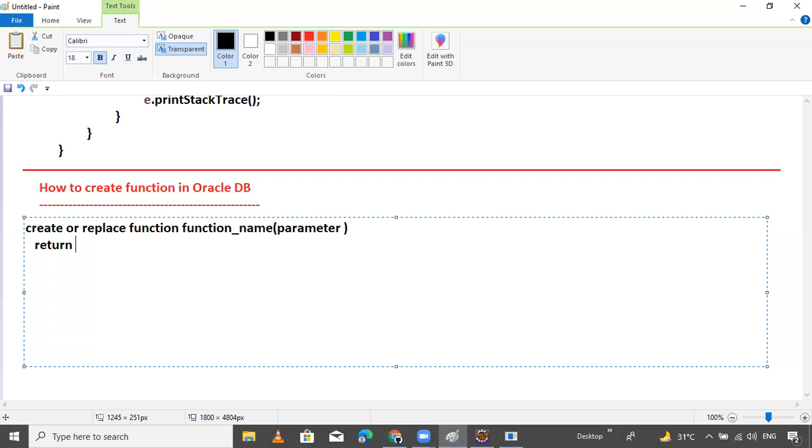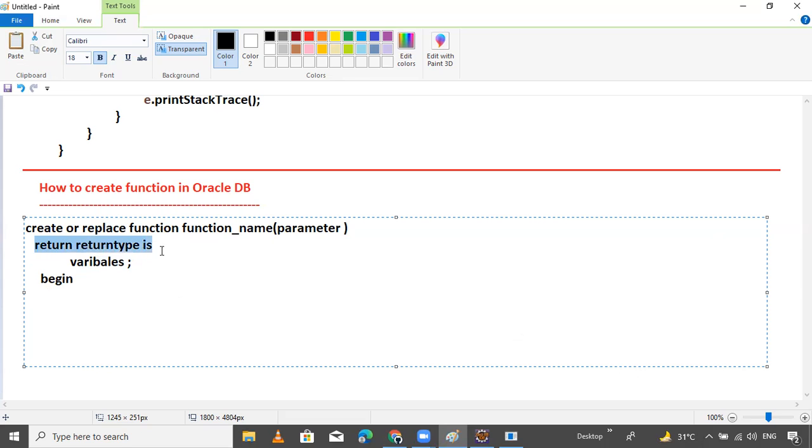Return is the keyword and then the return type. Then here you can declare variables, semicolon, and then you can begin. Inside the procedure we use AS, then you can declare variables.